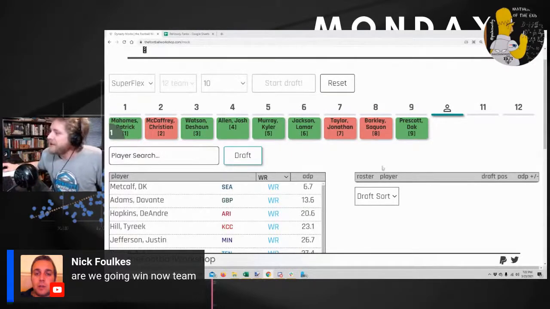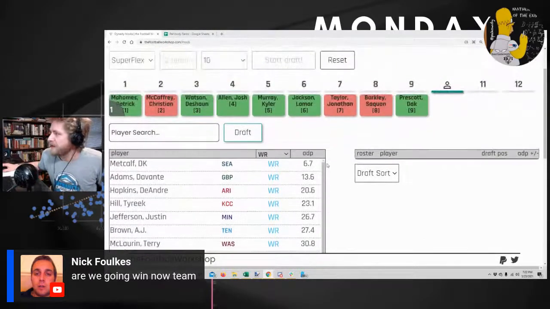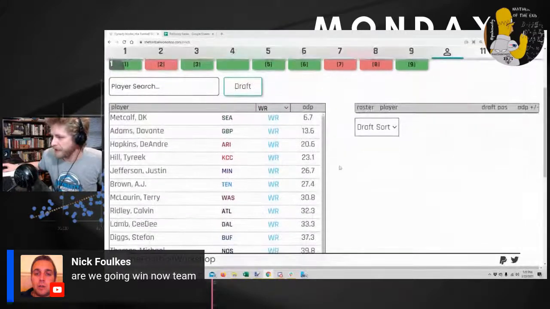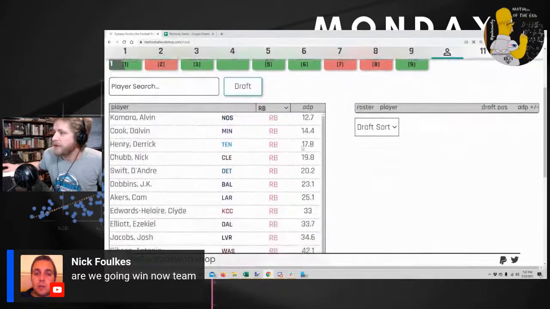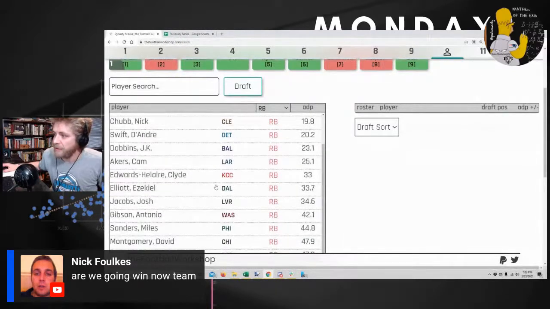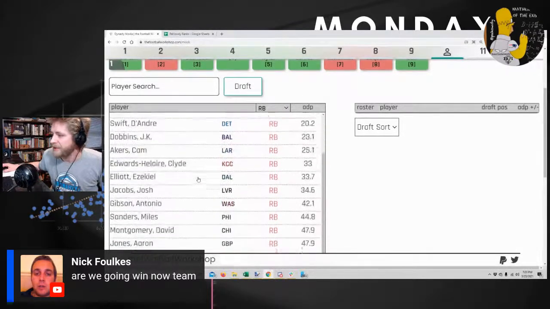Well, that's the thing. Personally, I'm always looking to do both. That's kind of why I like the turn picks as well, because you can kind of split it, go value and production. I mean, we can try and hit Adams and Hopkins based on this ADP. Running backs are going to come flying off the board here at the turn of the third, and I like these running backs, but Alvin Kamara and Cook are the obvious next picks. So's Henry and Chubb, but that means these young running backs, they're going to be productive, which is just great to have in Dynasty, like Sanders, Clyde Edwards-Helaire, even Swift.